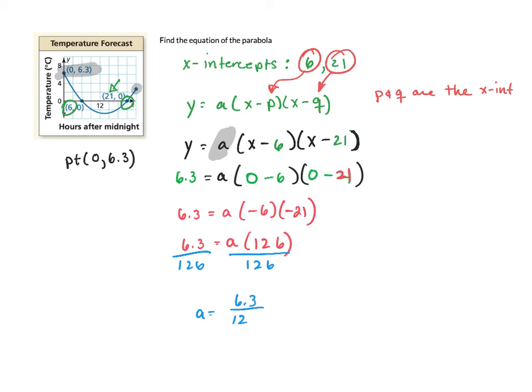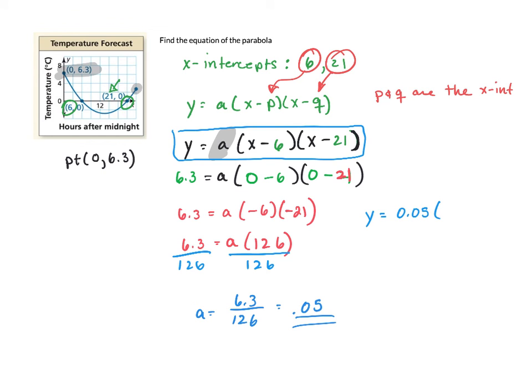6.3 over 126. And I'm going to grab my calculator since I have a decimal inside a fraction. That's just bad form. That's mixing different number types. And so I'll just grab my calculator and we'll find out that is equal to 0.05. And now if we come up here to our equation we'd written, we knew everything except for a, except now we have calculated a. So we can write our final equation for this parabola. My a, my 0.05, x minus 6 times x minus